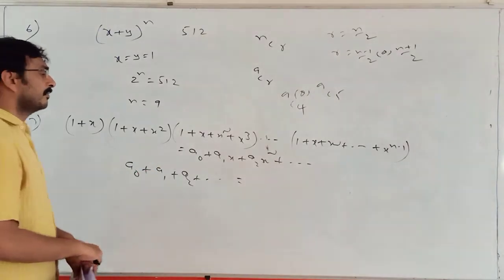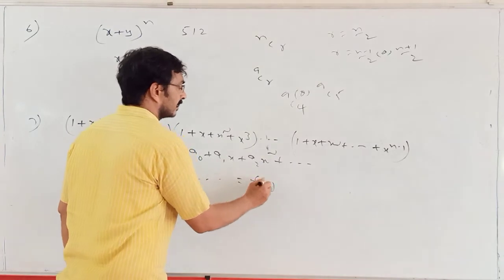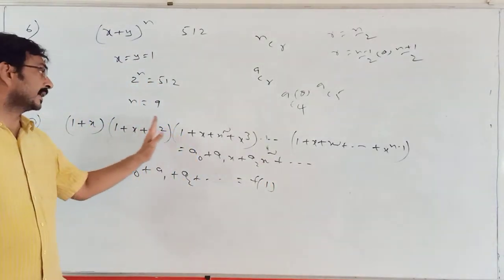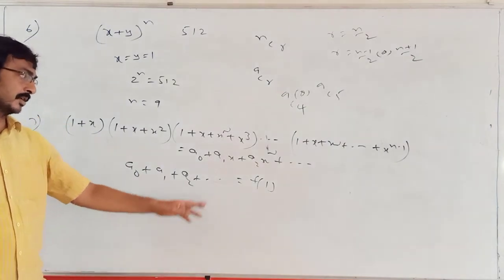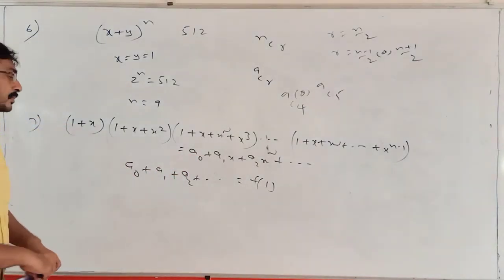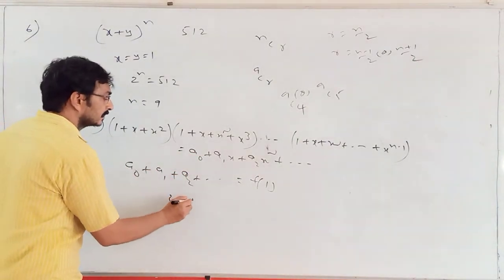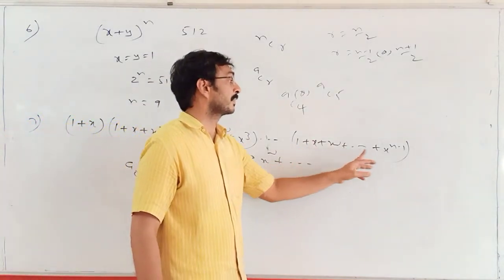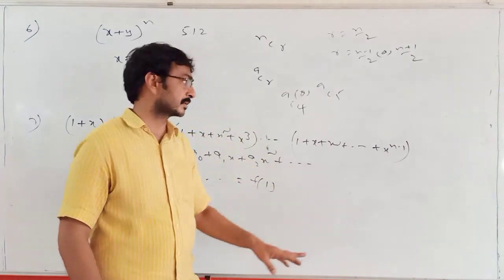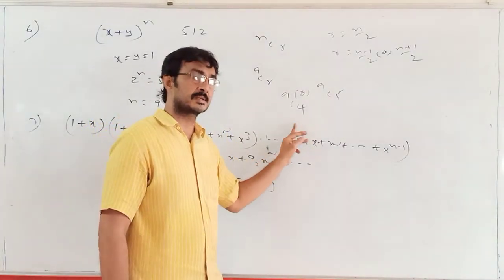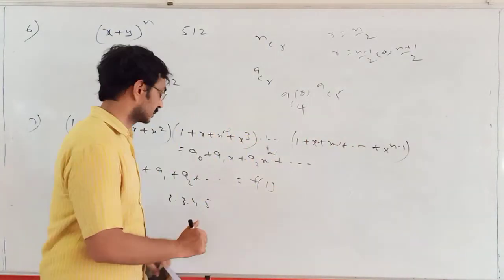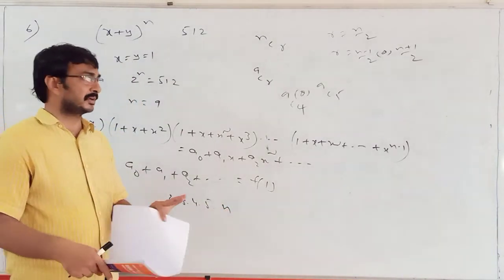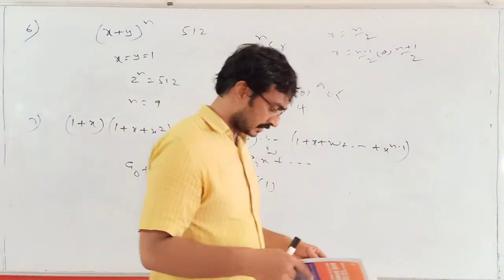So clear, sum of all coefficients is f of 1. Here f of x is this total LHS. So when x is 1, 1 plus 1, 2, 2 into 3 into 4 into 5 into and so on, 1 plus 1 plus 1 plus and so on, n times, 2. Start non-zero case, 0 to n minus 1, n terms. So clearly 1 into 2 into 3 into and so on, n is n factorial answer.